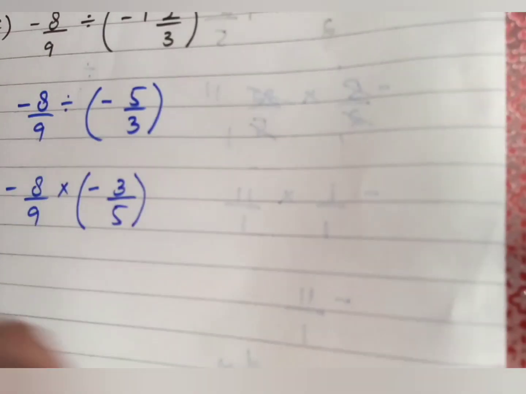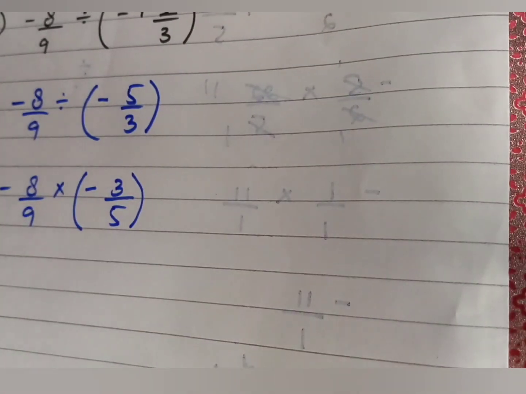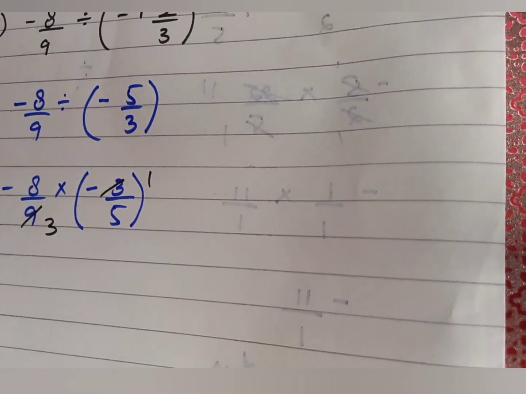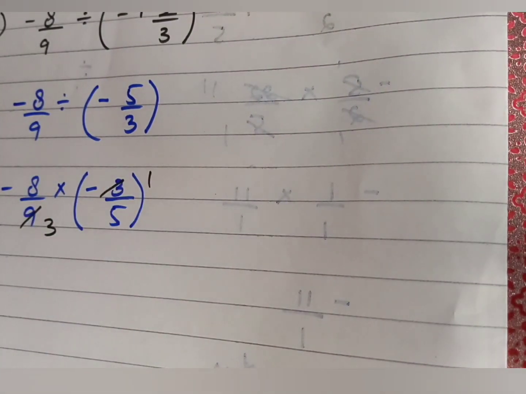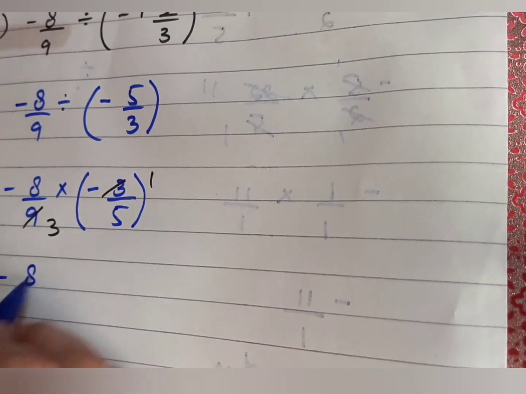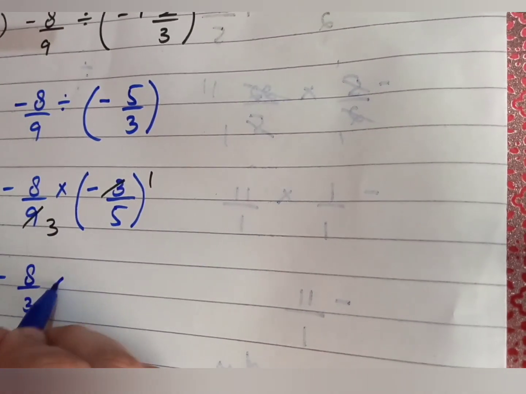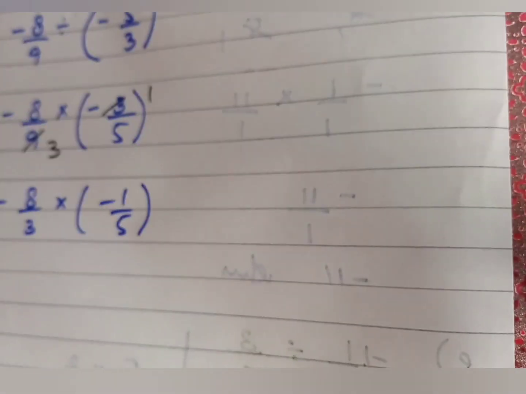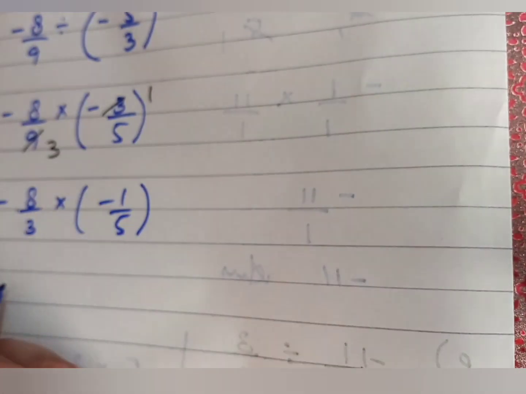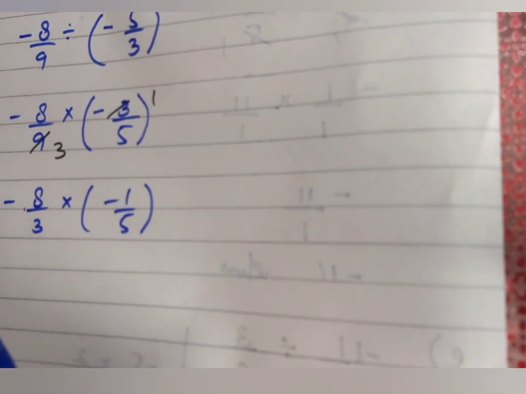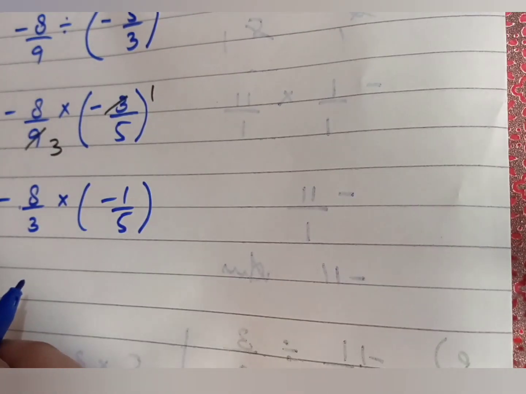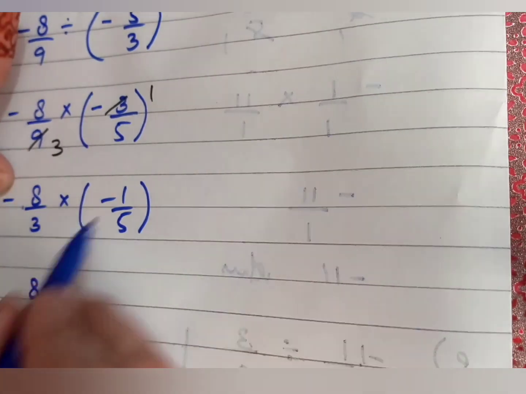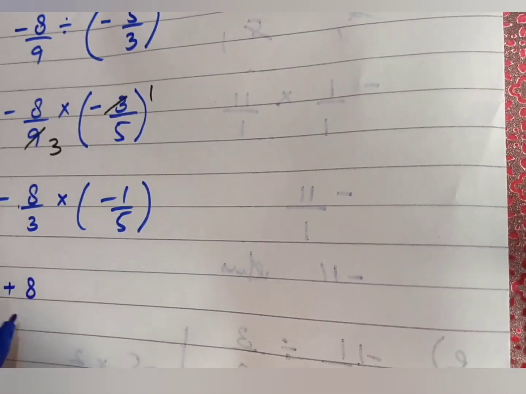Now what we need to do, we just do cutting at this step. 3 1s are 3, 3 3s are 9. No other cutting is happening. So minus 8 by 3, just write down the terms and multiply by minus 1 by 5. Minus minus plus, so that is your own choice, whether you want to write this plus sign or not. 8 1s are 8. Okay, minus minus plus, and 3 5s are 15.